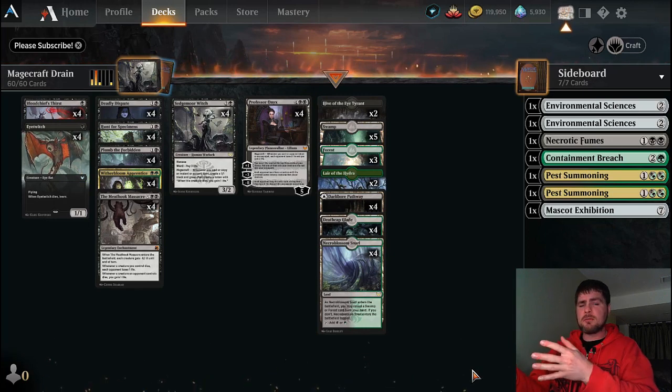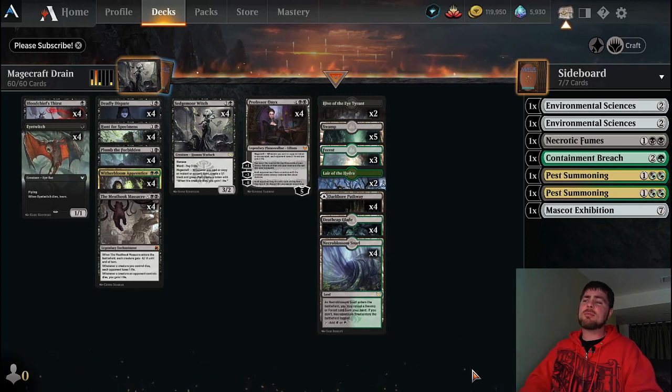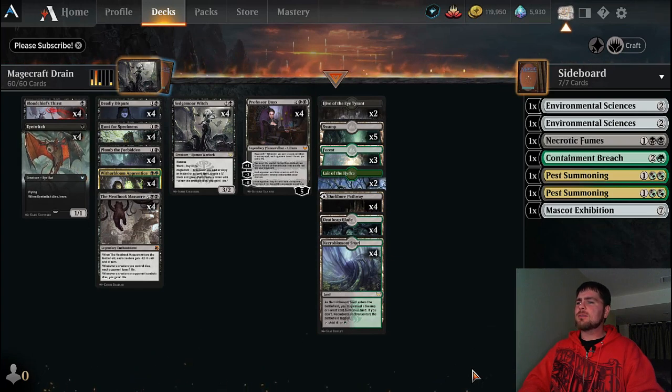Today, I'm looking at revisiting a deck that I revisit from time to time ever since Strixhaven came out. When Strixhaven came out, if you weren't around and playing Magic or on Arena, or you weren't following the game too much at that point, there was a deck, a Witherbloom deck, which is basically Golgari, and it was called,